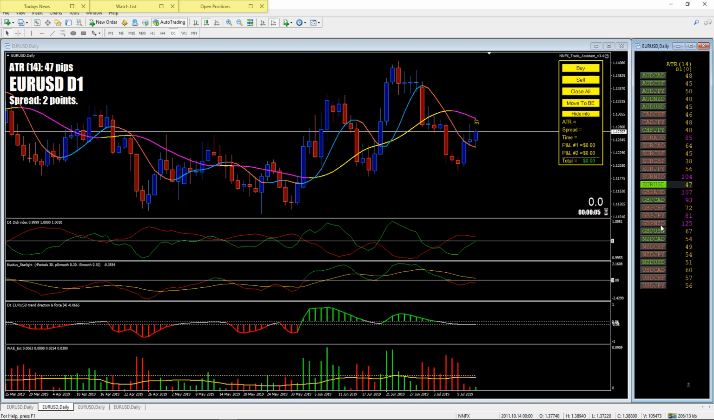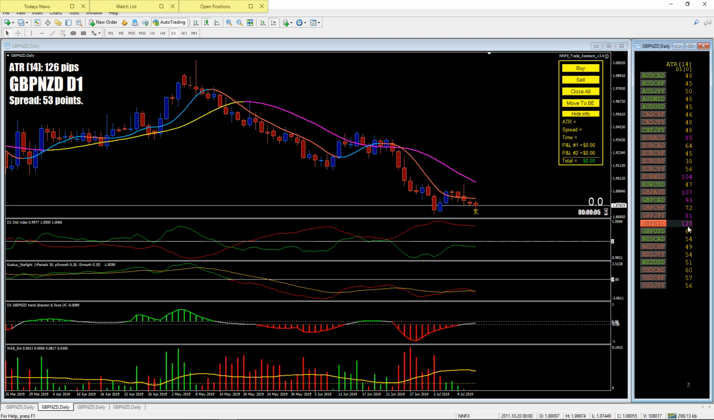So GBP NZD has the highest ATR at the moment, so we can look at this to try and catch some bigger runs. This tool does a lot more than that, but